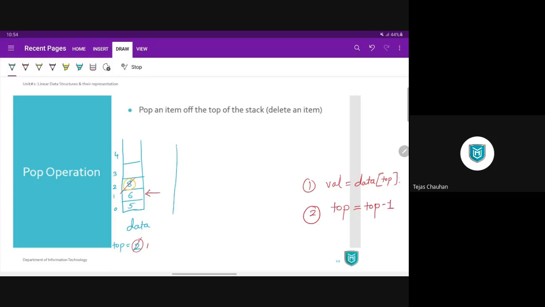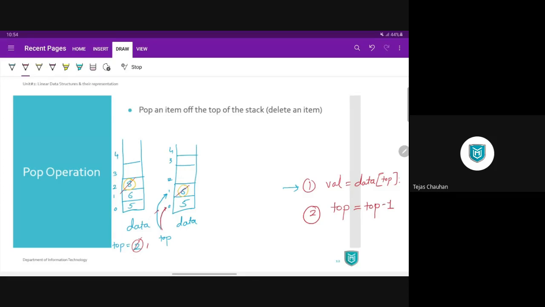Let's have the next step. We have 5 and 6 already in the data array, and your top is pointing to 1 now. So you take the topmost value, which is 6. Then we decrease our top.